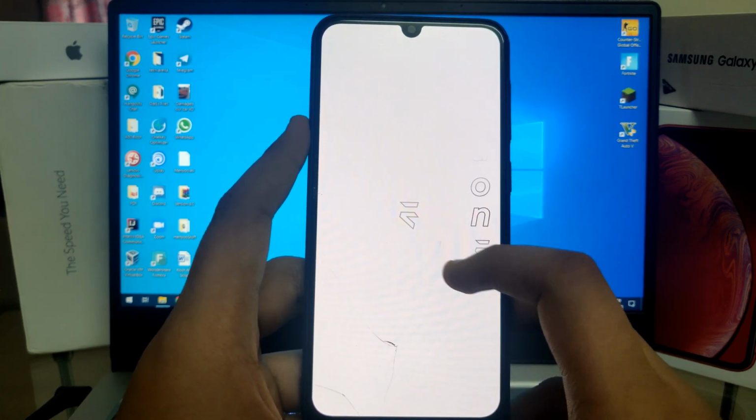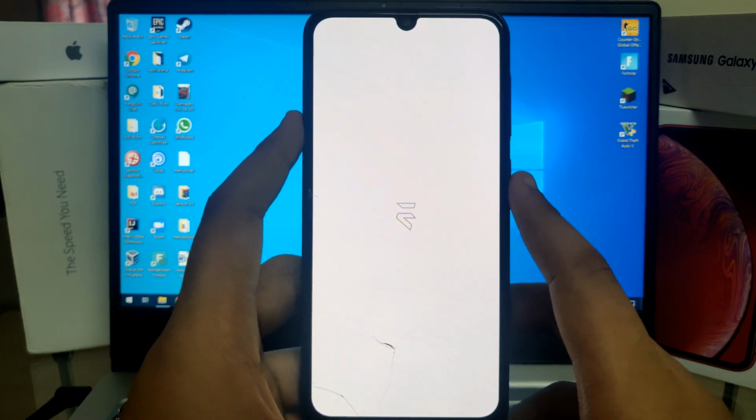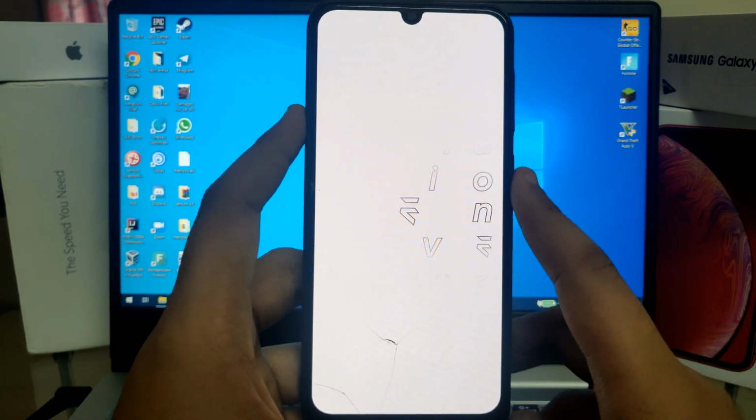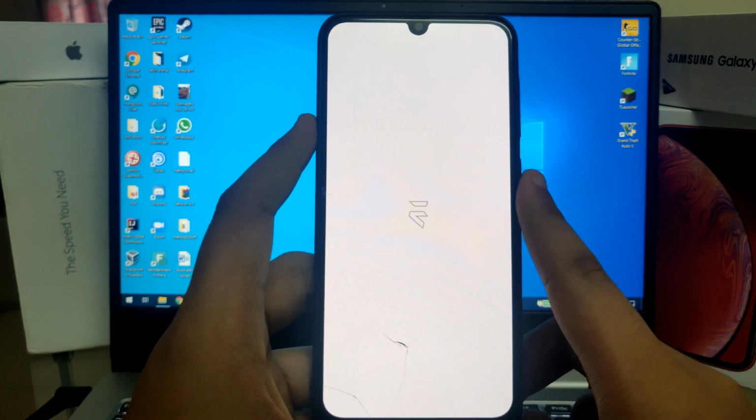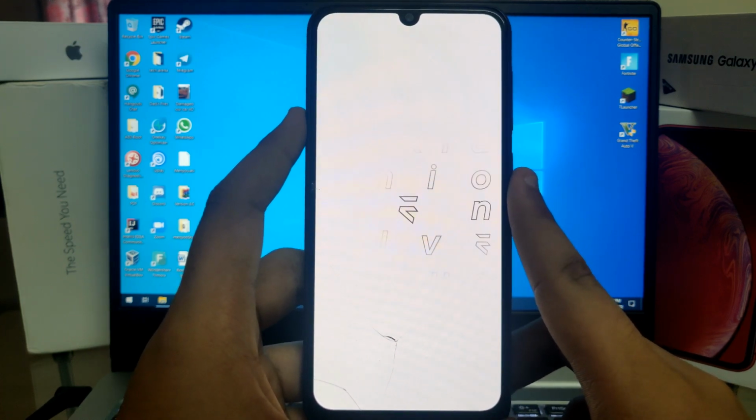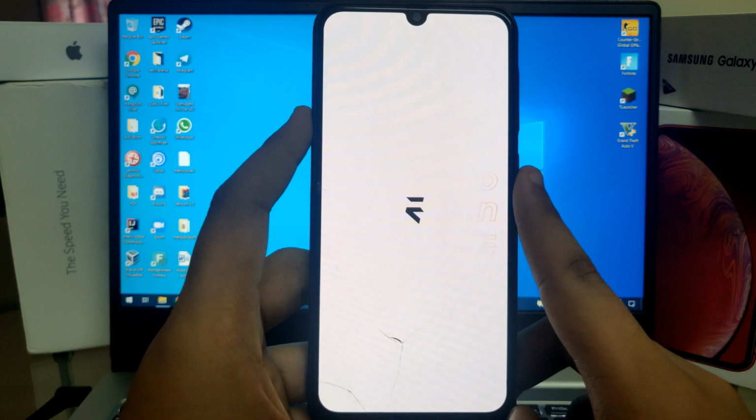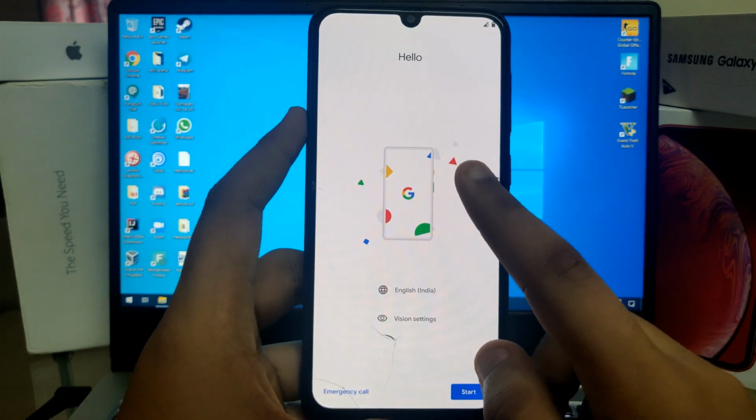Actually, I like this boot animation, Havoc, which has the Android boot animation. So as you can see, it has been booted.